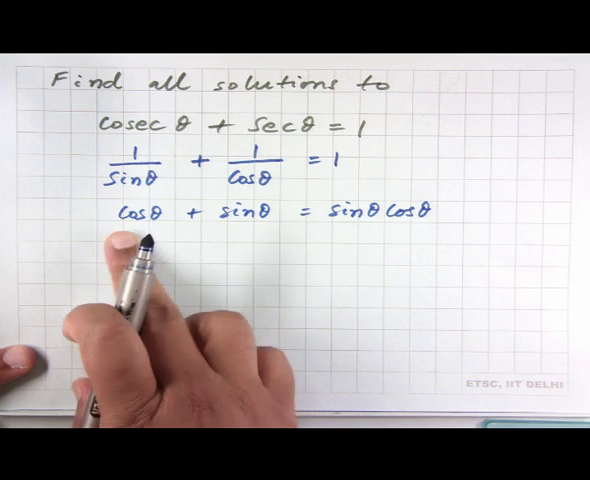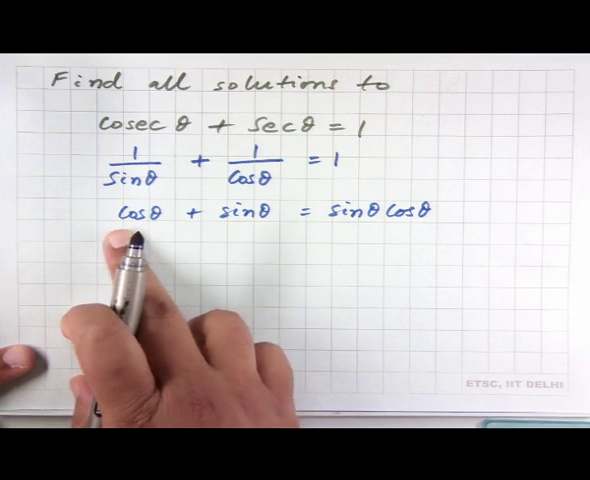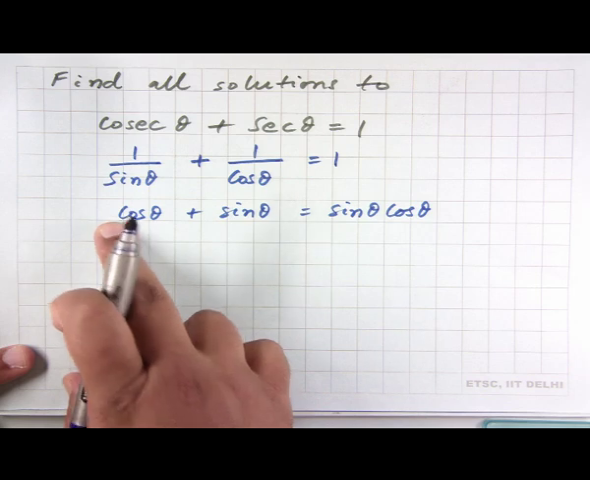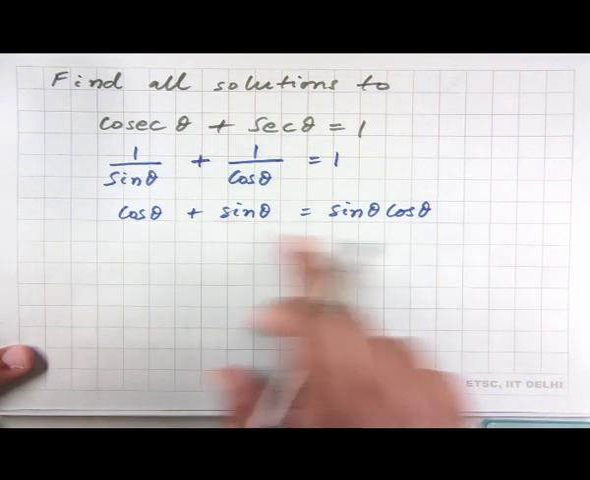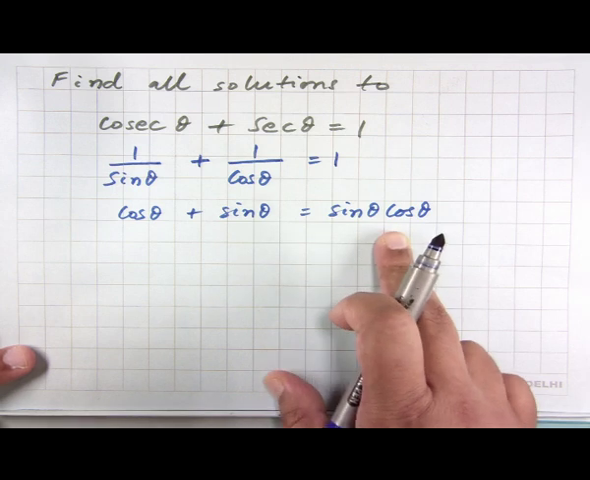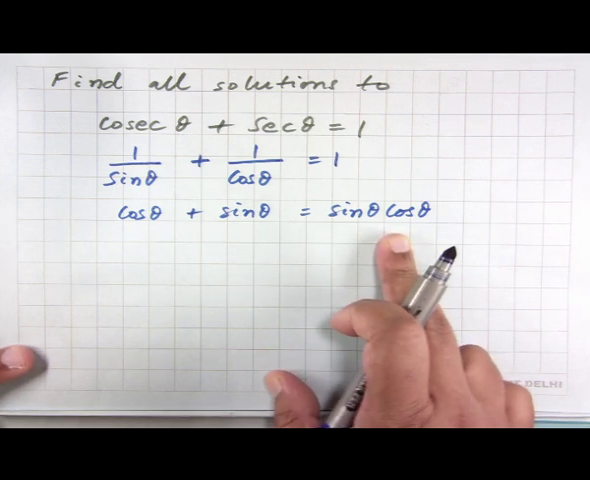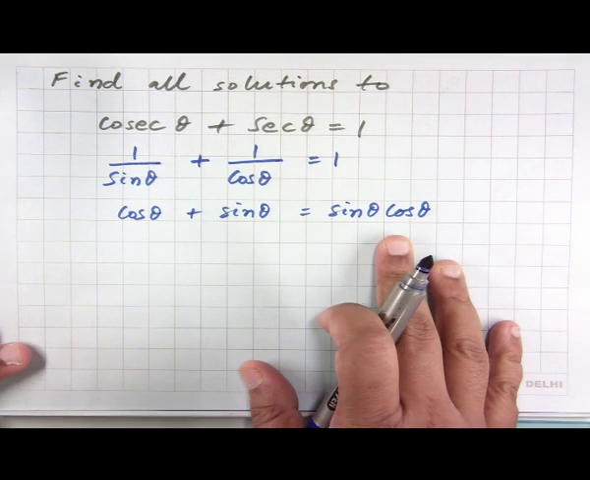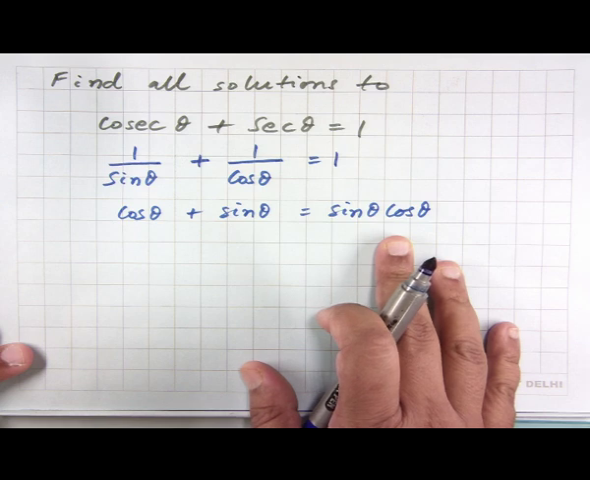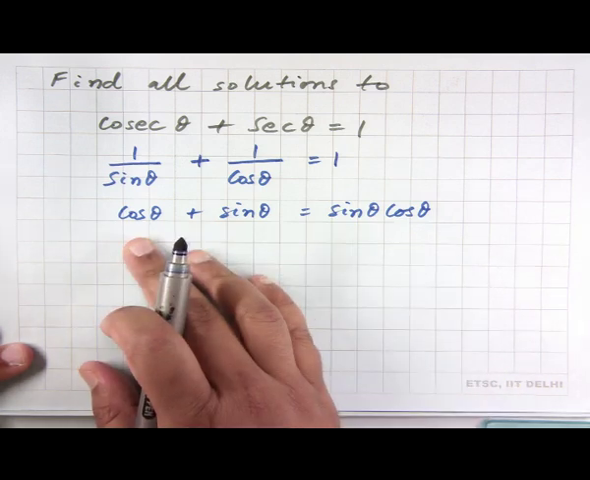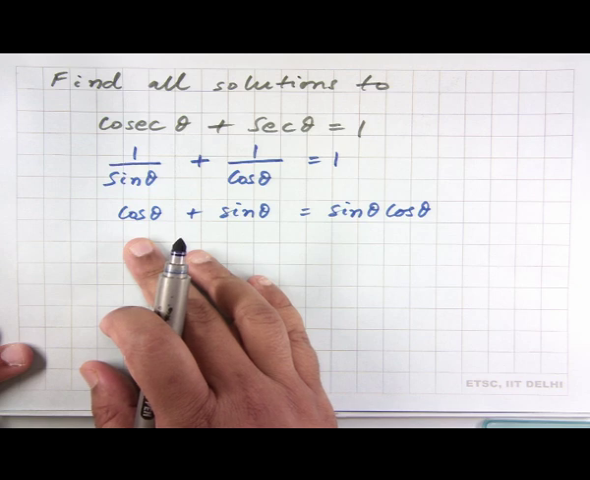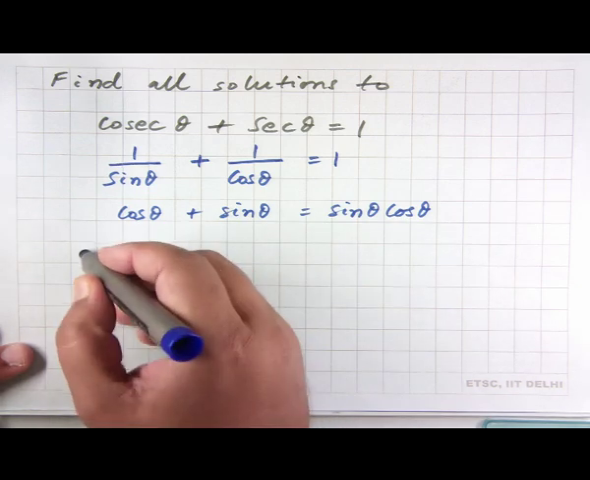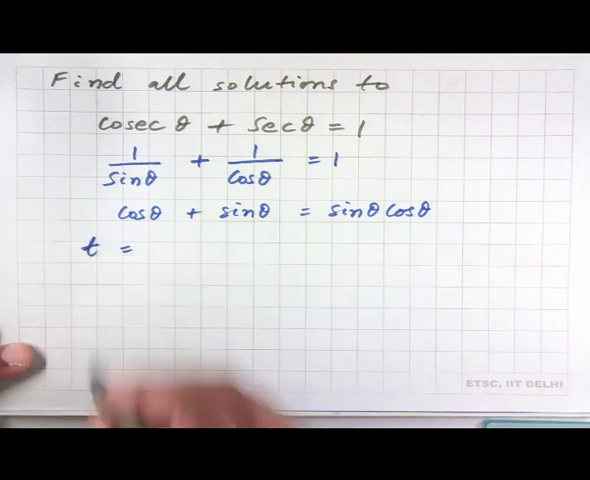But this does not appear to be, well, this appears to be of the form a cos theta plus b sin theta, but then here we have a product of sin theta cos theta. Here there are many possible ways of doing this problem. One possible way is that using the fact that sin square theta plus cos square theta is 1, what we can do is we can define t to be